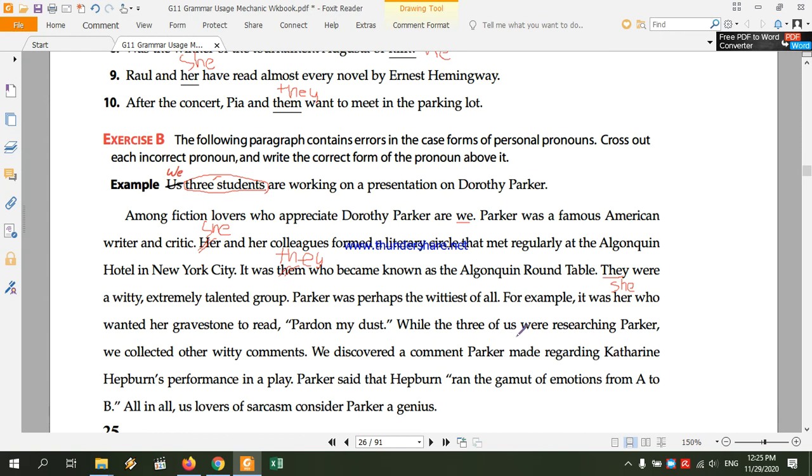While the three of us were researching Parker, we collected, this is correct, because this is already in the subject case,